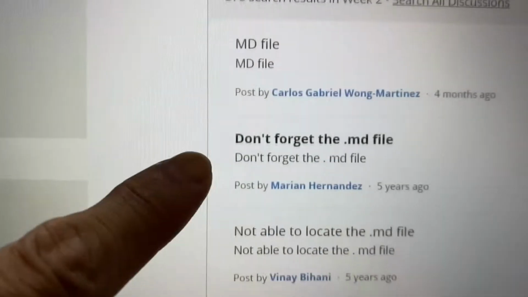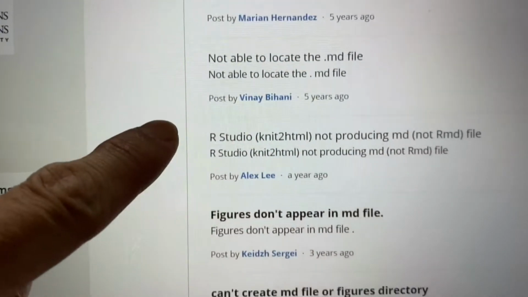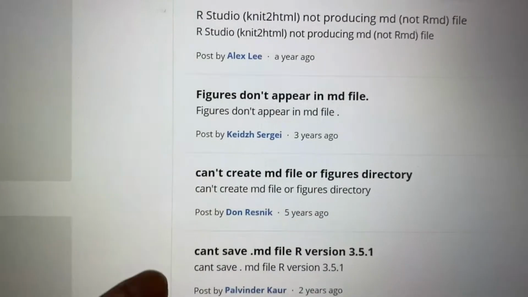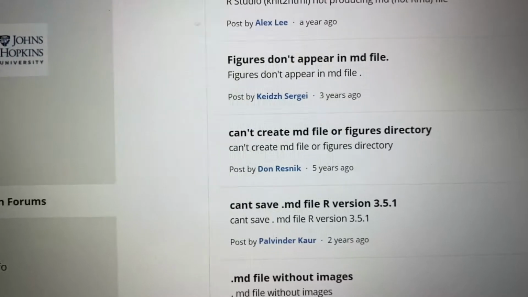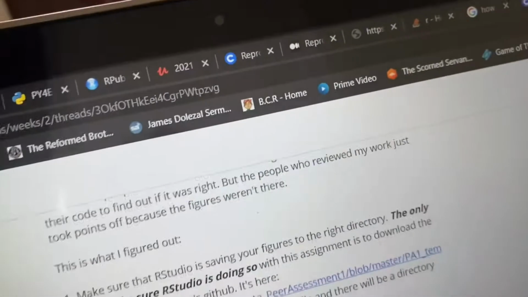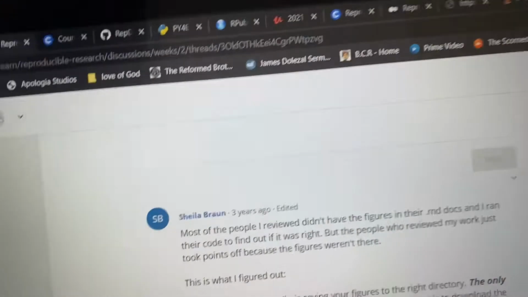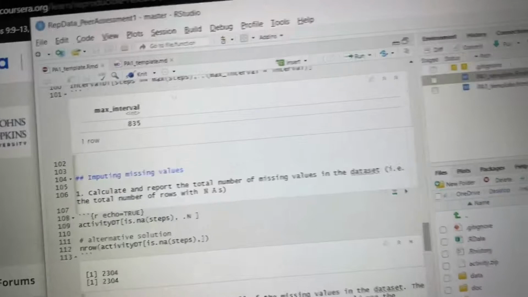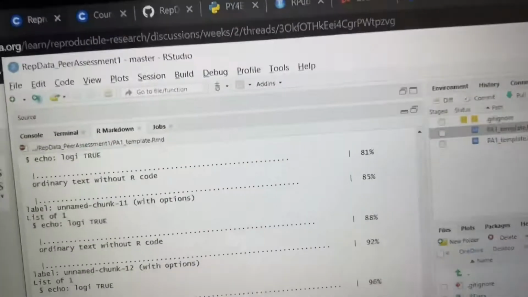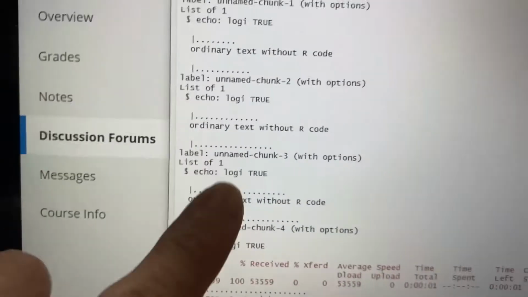If you go to the forum, you will see questions from people saying they don't get the .md file created automatically upon running the knit function of RStudio R Markdown. Until I came across this particular answer from one of the forums, I couldn't find the answer. But first, we need to run a code